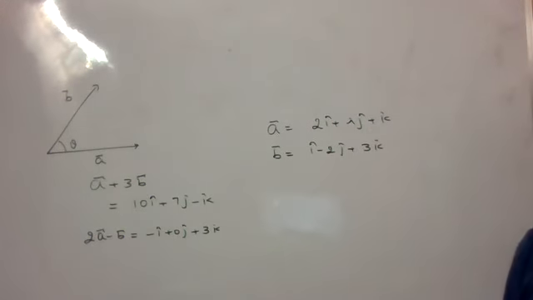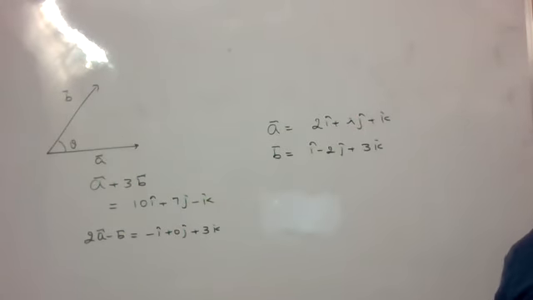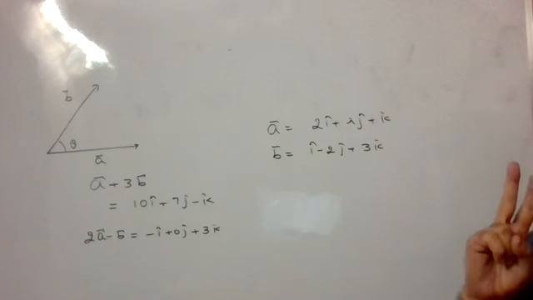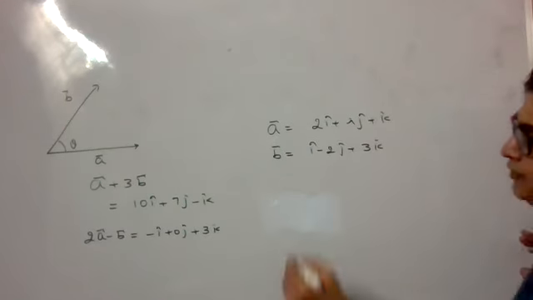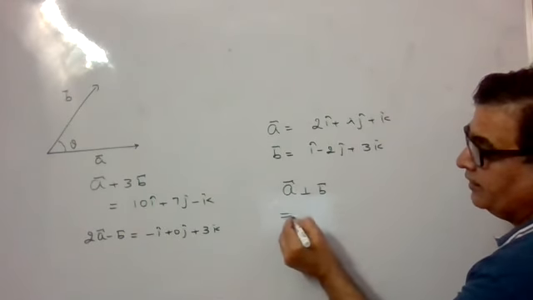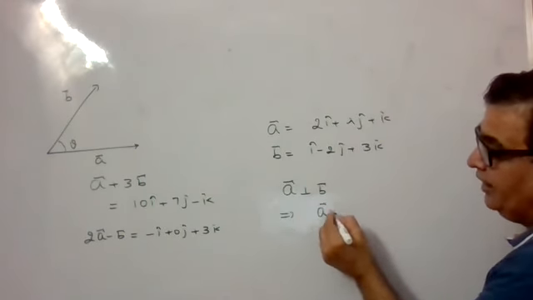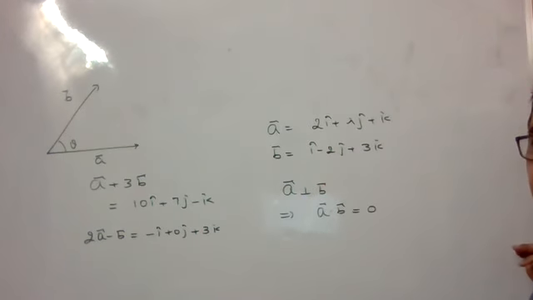These two vectors are perpendicular. My question is, find out what is the angle between the two. What is the value of lambda? Two vectors are perpendicular to each other, then what should be lambda we should know. If the two vectors are perpendicular, if A is perpendicular to B, I told you one condition, A dot B has to be 0. I told you this property, so